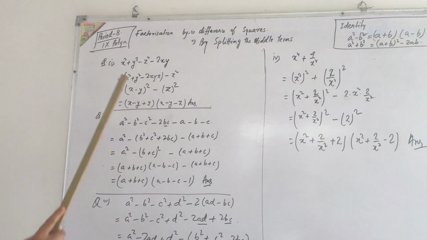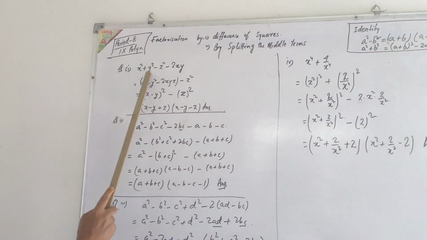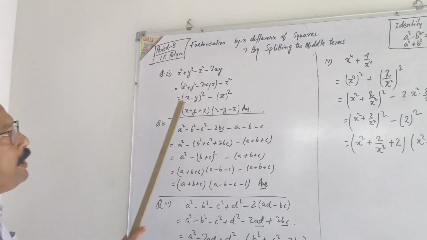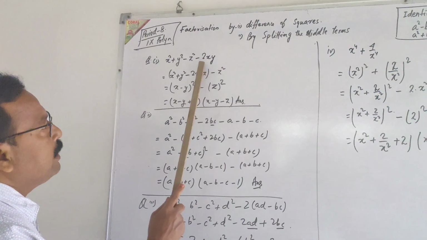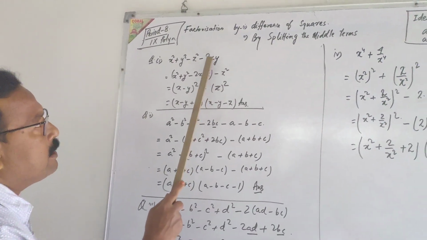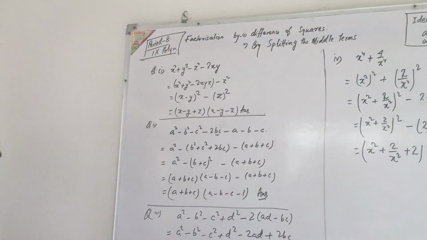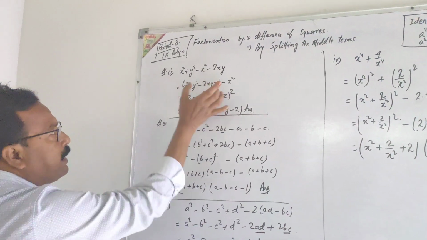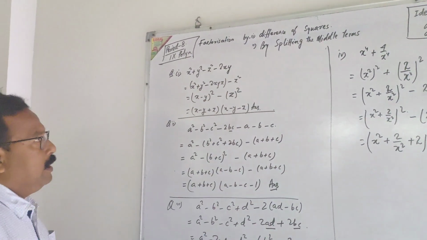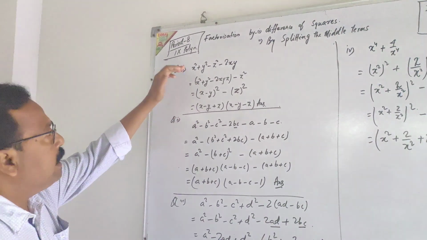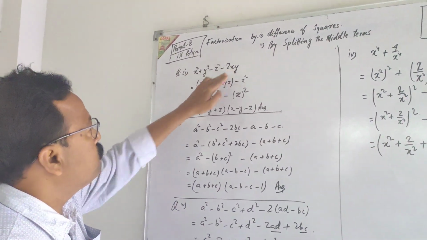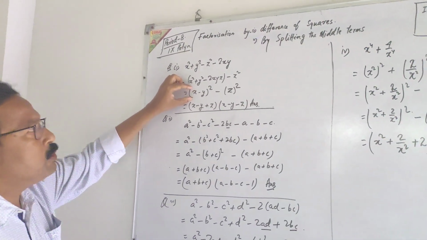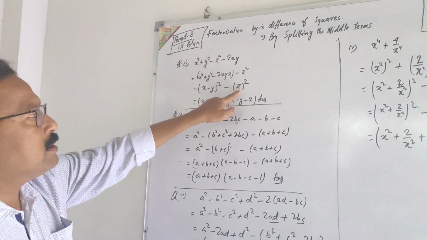First of all, we have taken a question of this type: x square plus y square minus z square minus 2xyz. In such problems, we need to concentrate ourselves on this term. Here is xy, so we shall have to regroup by taking x and y under one bracket and z in another. And when x square plus y square minus 2xy is taken in one bracket, it becomes a minus b's whole square form, and here is minus z square.